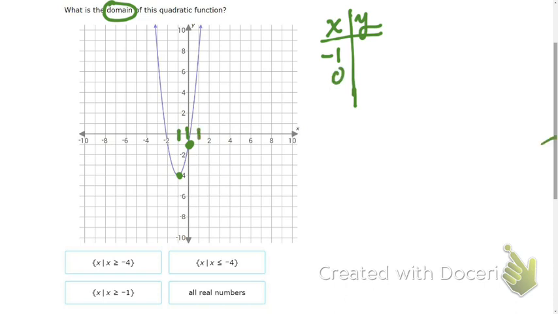What about +1? Is +1 on the graph? Yes, it's right there. That's cool, so I can put +1 in my table. That's part of the domain. But now I get to the weird stuff. This 2 right here. Is 2 on the graph? We go up the +2 line all the way up, and we see that this graph